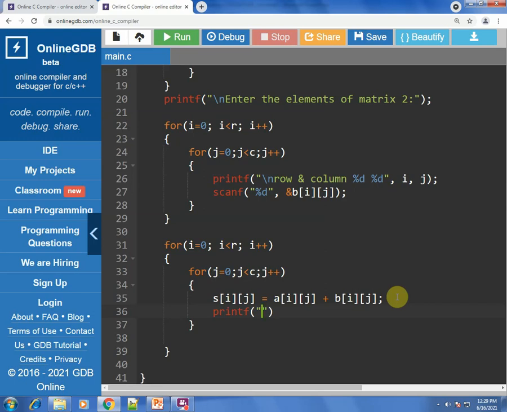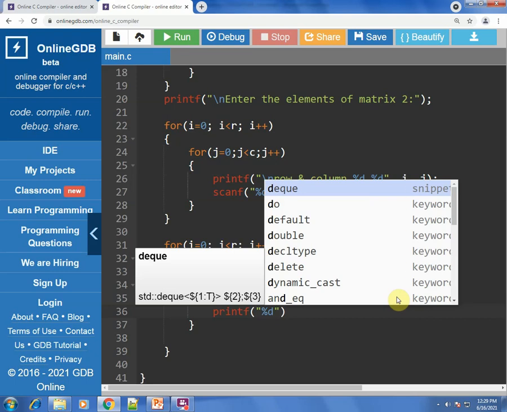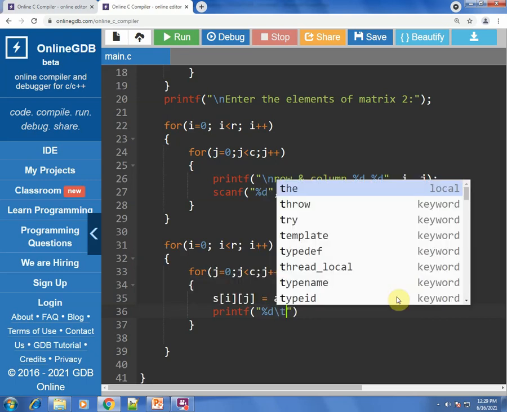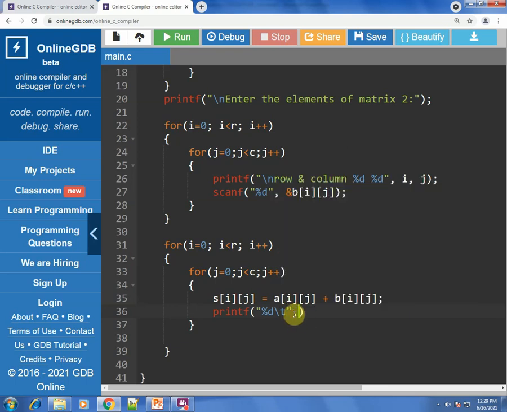So %d, and let's use \t to leave some space, and C of I, sorry I make this mistake, it is now no more C, it is S of I and J.